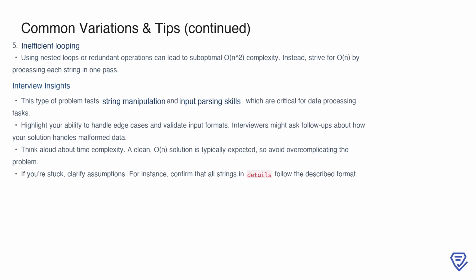Another thing to watch for is inefficient looping. Some candidates use nested loops or redundant operations, leading to a time complexity of O(n²) or worse. This is unnecessary since you can process each string in the list in a single pass, achieving O(n) complexity. Optimizing your loops not only improves performance but also demonstrates a strong